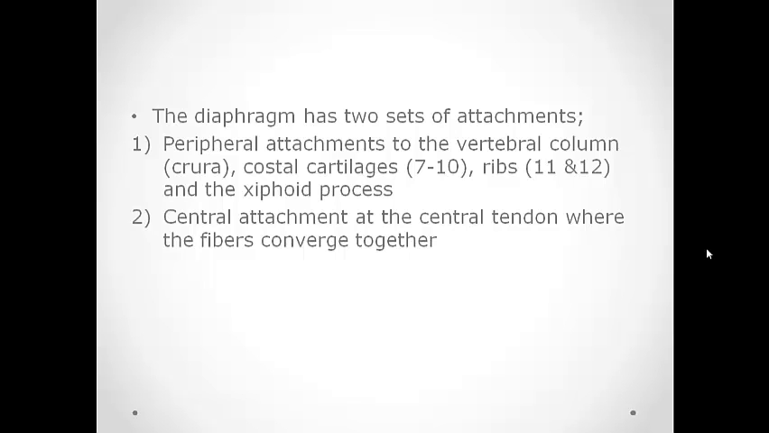It's also attached to costal cartilages 7 through to 10, meaning that it attaches to the costal margin as well. It attaches to the ribs 11 and 12, which remember are floating ribs. And it also attaches to the xiphoid process, which is the lowest part of the sternum. So basically it closes off the entire circumference or outer margin of the thorax. Now its central attachment,